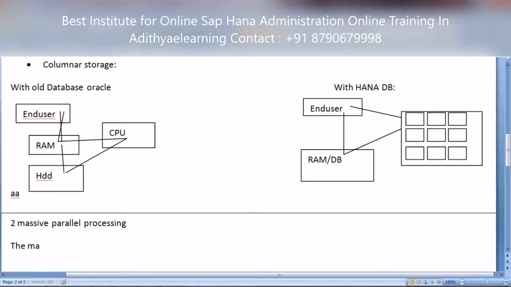The word massive means the task should be done with the help of more than one process.